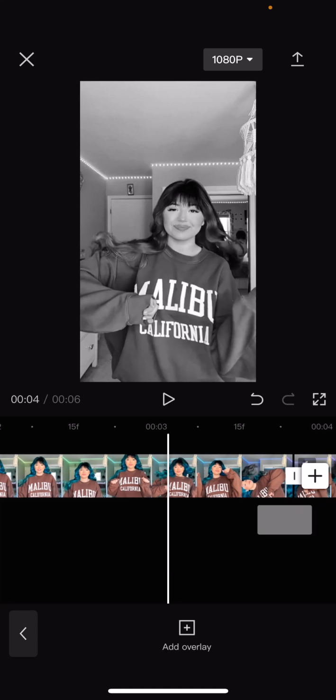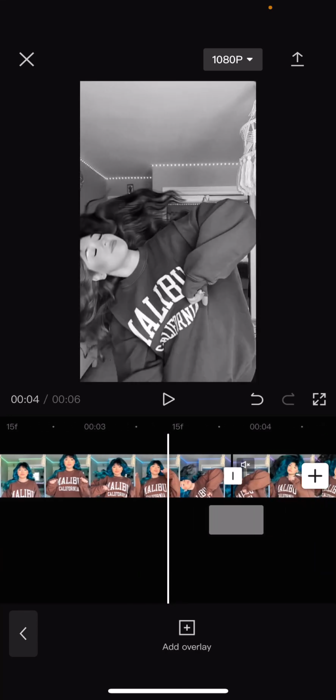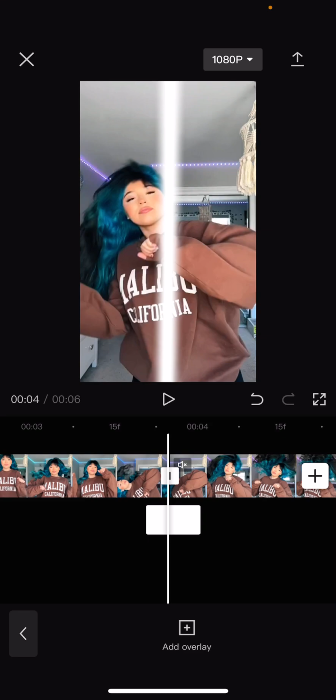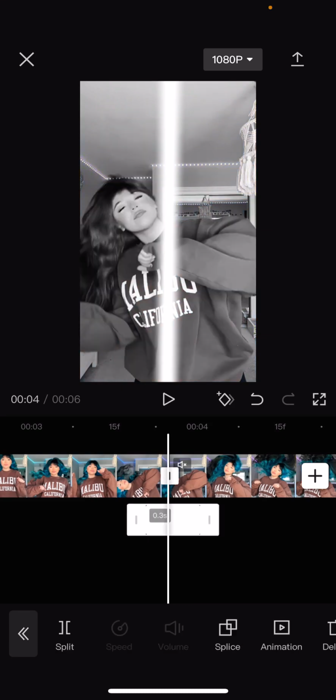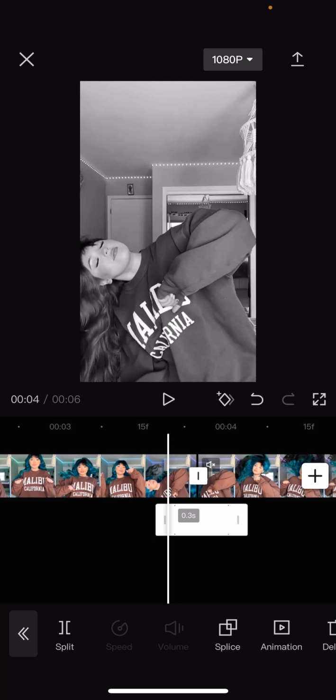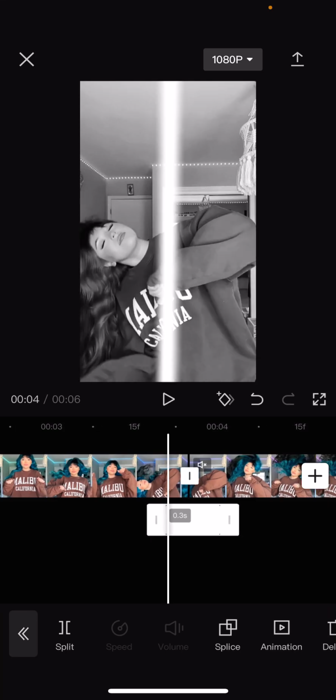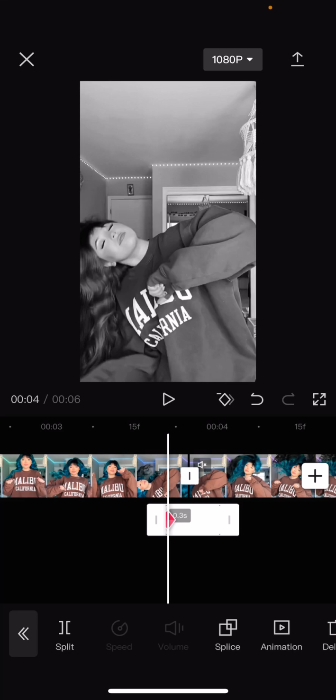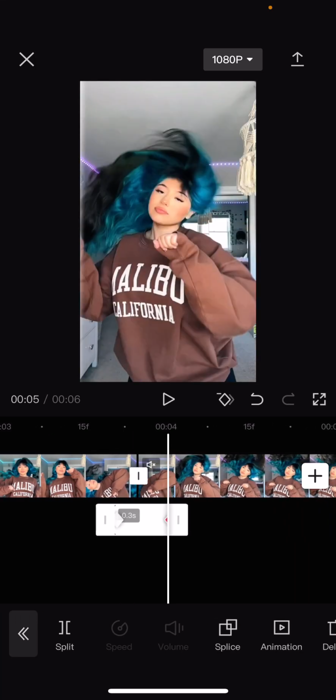And then we're going to put it in between the videos. Might make it longer. Okay, there we go. And then we're going to add a keyframe at the beginning here. So add a keyframe, and we're going to move the object to the very left. And then we're going to add another keyframe here, and we're going to move it to the very right,